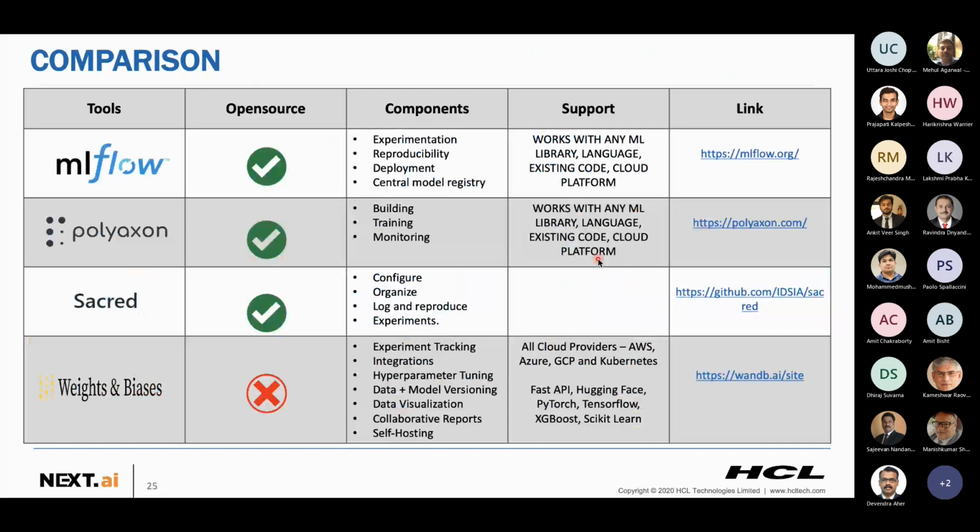Yeah, so these are some of the available open source as well as managed tools to track the experiments. Some of the features of Polyaxon or Sacred might be additional to whatever MLflow provides. Polyaxon has additional support where we can train and monitor the models as well, when compared to MLflow. So these are some of the other alternatives that can be used to track the experiments or the ML models